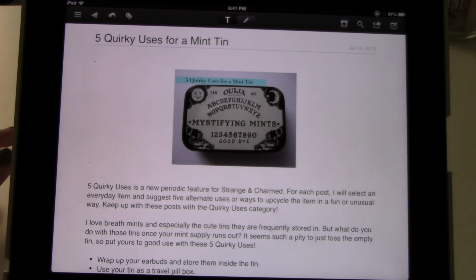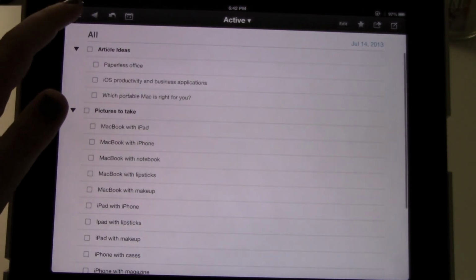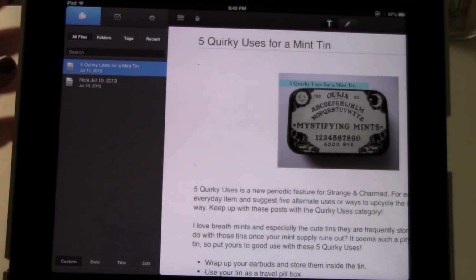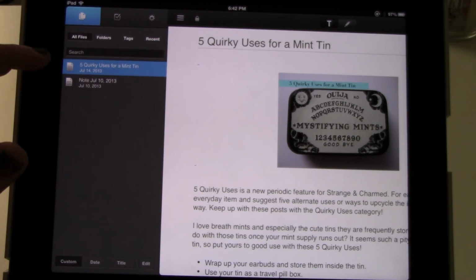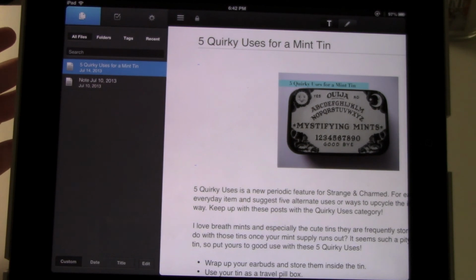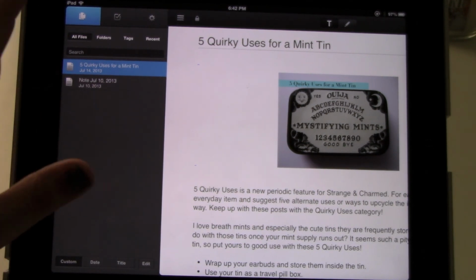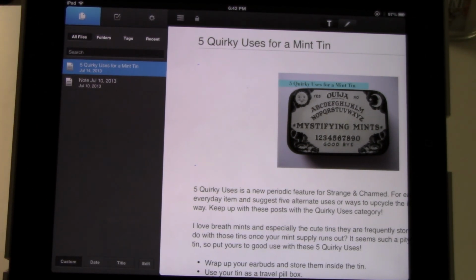If you have web pages that you're referring back to, this is a great way to kind of just copy them all and put them all in one place so that you can see all of the things that you're working on, all of the things you need to read. I just think it's a really great app for keeping things organized. And there's a lot of things that this app does that I haven't even been able to scratch the surface with yet, but I can already tell that it's a pretty well done app,